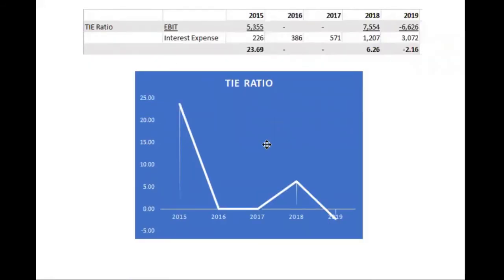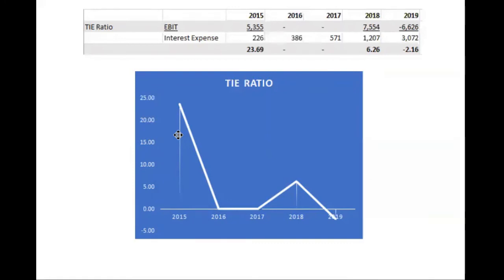Given the data above, the times interest earned in the year 2015 is high, at about 23.69, which means that in that year, the company has less of a risk to those long-term investors and creditors in terms of paying off its long-term debts and obligations. It means that for every 1 peso budget for the interest expense, Jollibee Food Corporation has operating income that can cover it 23.69 times. During this time, interest expense was very low and was only at 226.